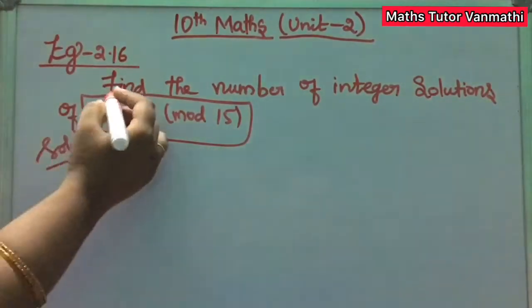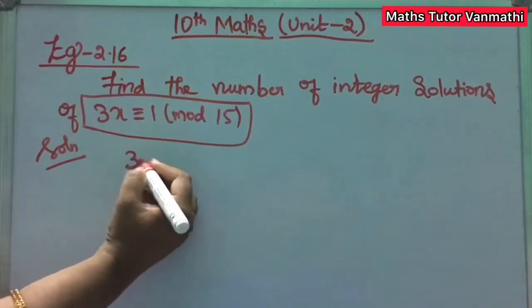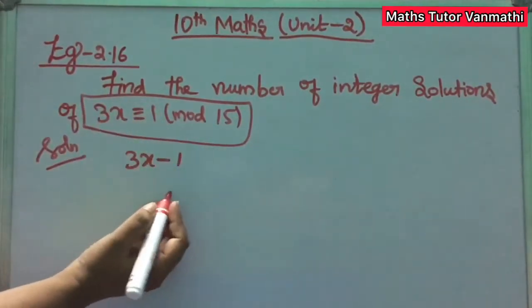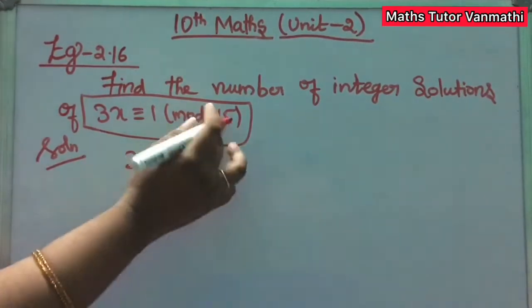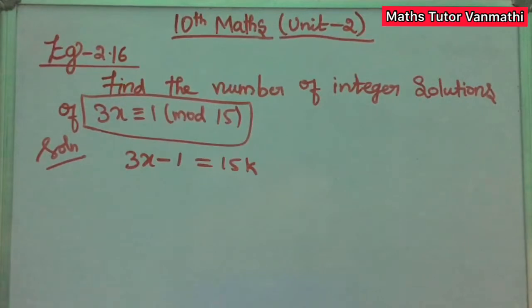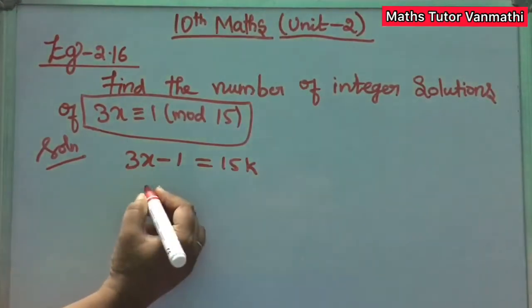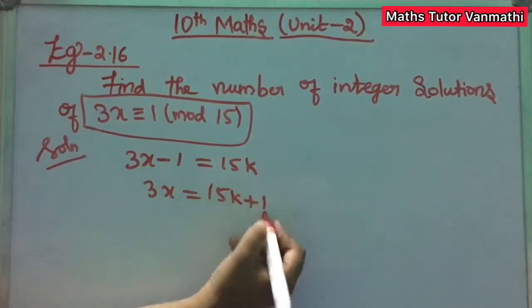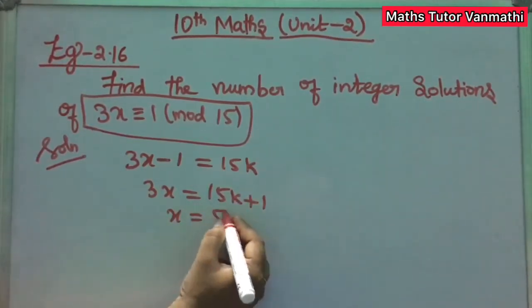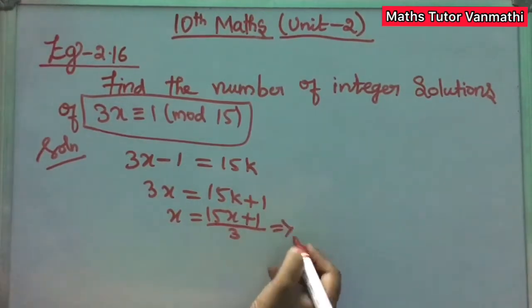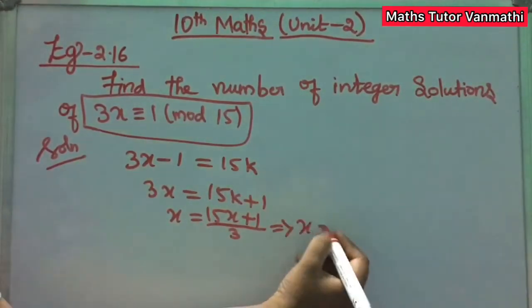This can be written as 3x, when the remainder comes this side you get minus 1, which is equal to 15k, where modulus 15 is written as 15k and k is some integer. This further can be written as 3x equal to 15k plus 1, and x can be written as (15k plus 1) divided by 3,